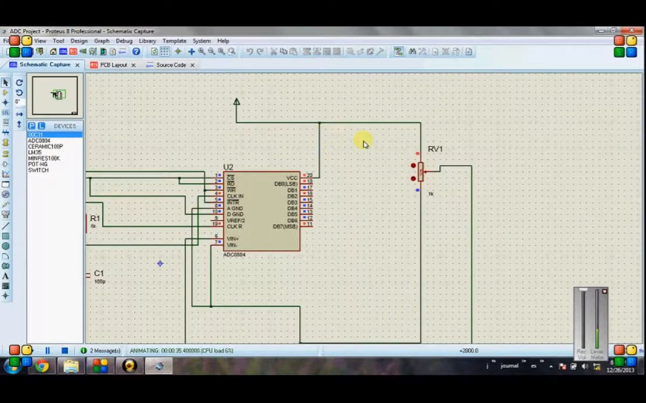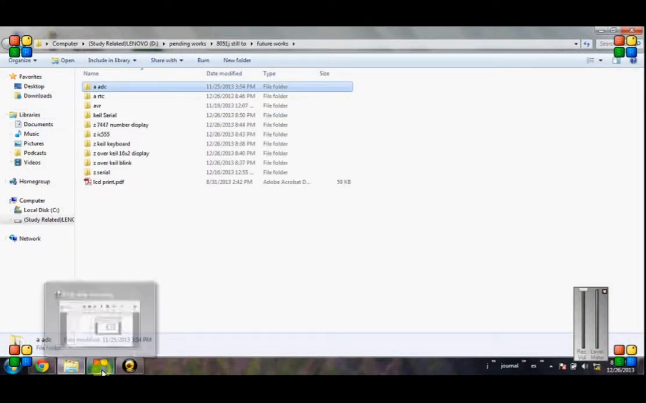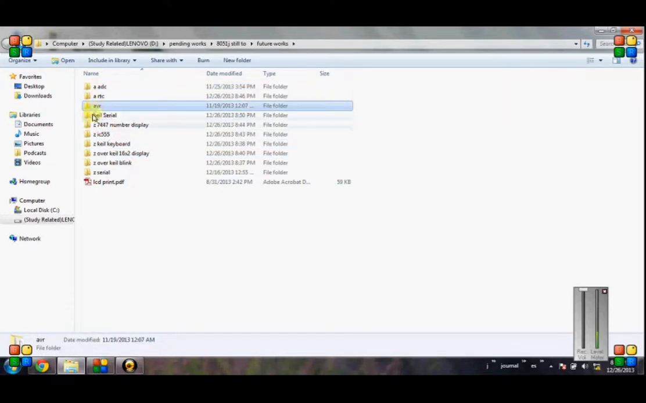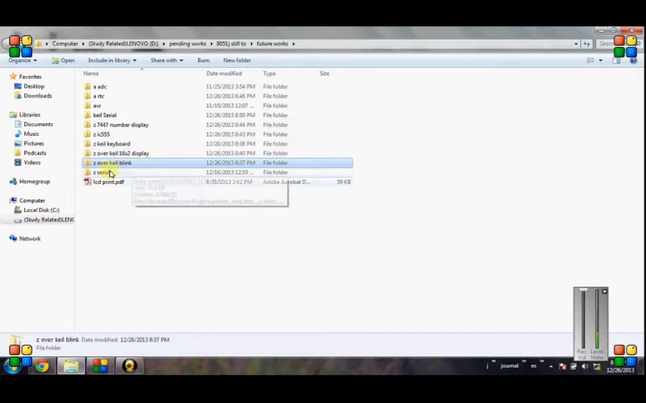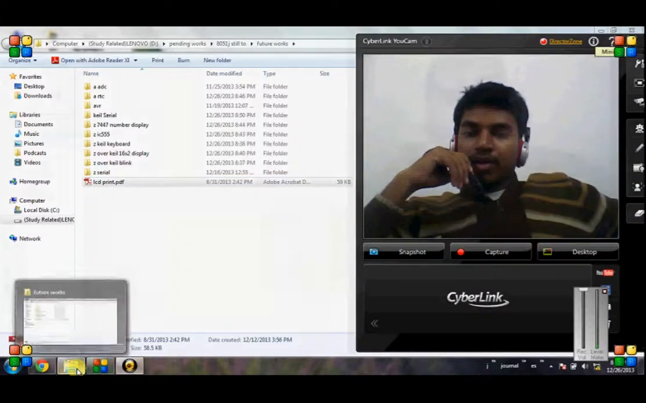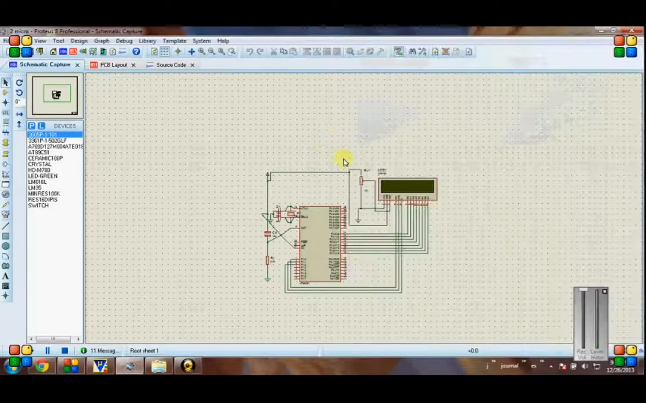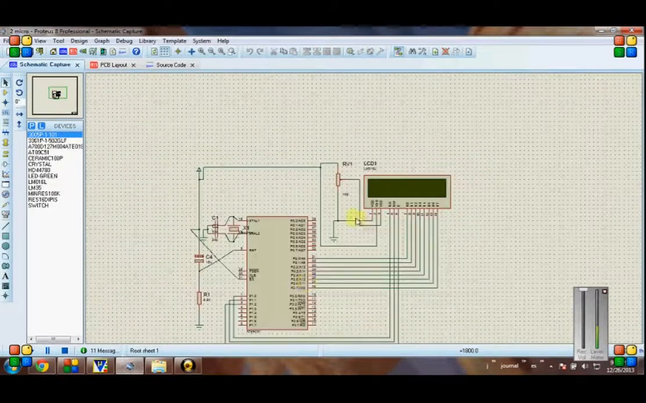So in this way, an analog to digital converter can also be used. I have already discussed analog to digital converter, real time, Keil, how to interface Keil, serial port, number display, 555, keyboard display, and how to blink LEDs. Okay, so that's it. Now here I am showing you another project where we will learn how to display on a 16x2